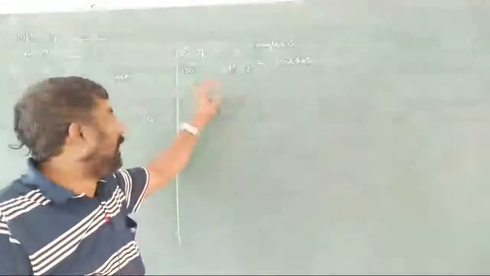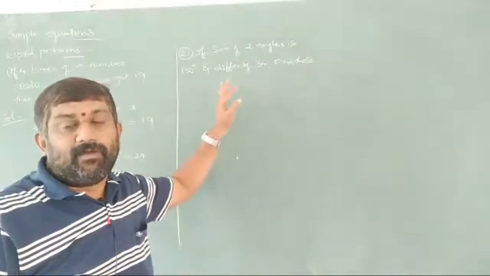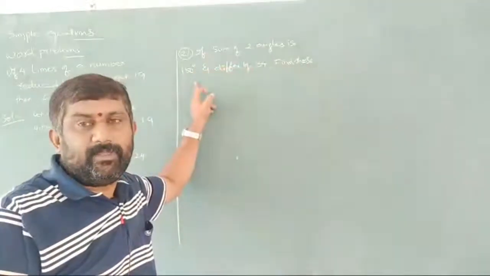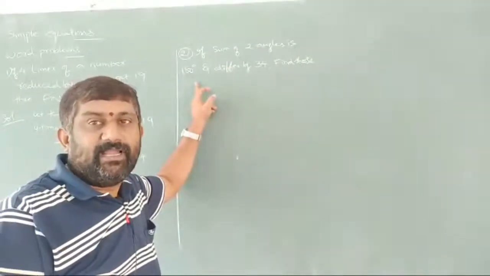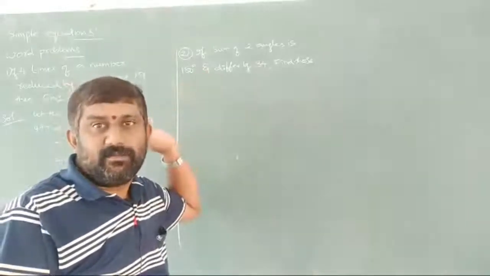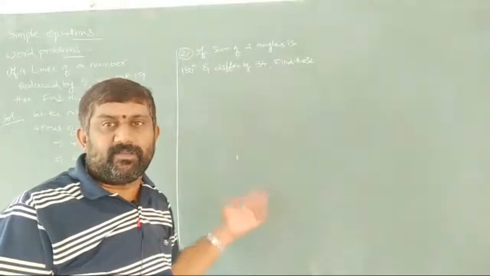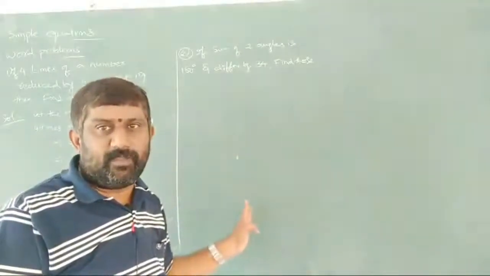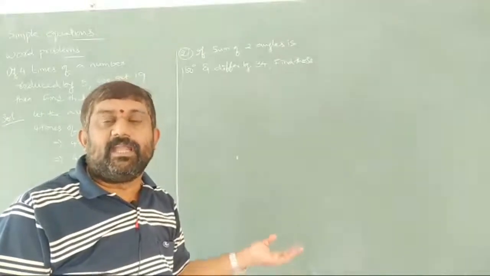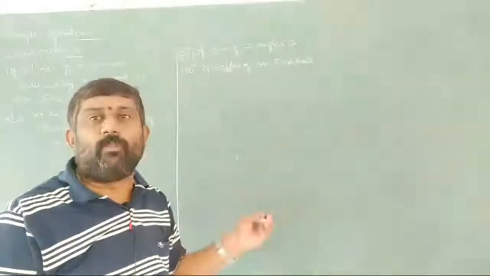Sum of two angles is 180 and they differ by 34. Then find those two. Observe here, one more thing I have to tell you. Sum of two angles is 180 given here. Whenever the sum of two angles is 180 degrees, those angles are called supplementary angles. So if you find a word like supplementary angles, simply remember that the sum of two angles is going to be 180 degrees. And one more we have here, complementary angles. What are complementary angles?